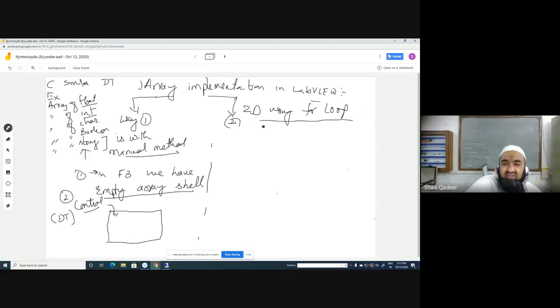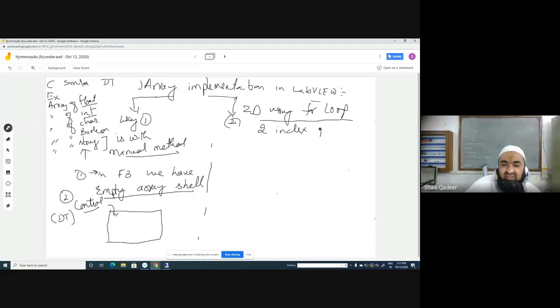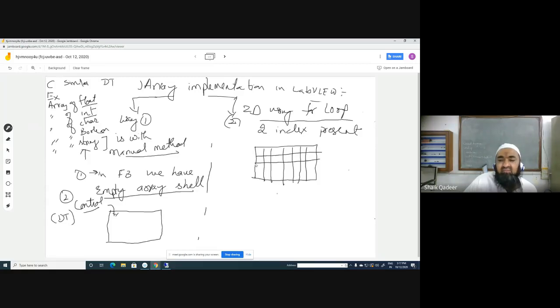An array in which two indexes are present. Agree? There are two indexes. Yes, an array in which two indexes are present is nothing but a two-dimensional array. Let us see the matrix of a two-dimensional array. Always remember, when somebody speaks about a matrix, it means that it is a two-dimensional array. Keep this point in mind.